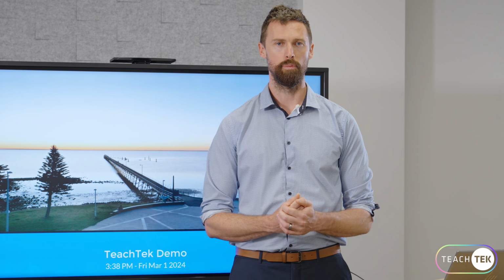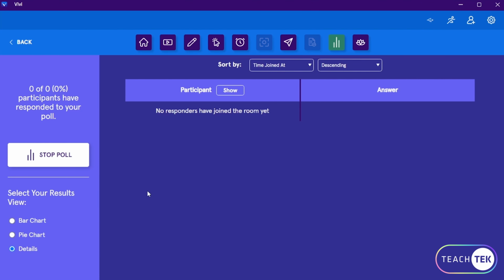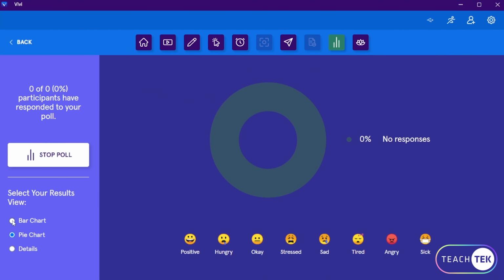But if there's any particular concern that you see from that, you can obviously show their names, and you can pick out that student and maybe give them a hand or discuss with them some results that look maybe troubling. But yeah, that will populate. Again, we've got the option to go by pie charts, bar charts, as well as details, so we can see all that information. So if I stop that poll and I head back here,